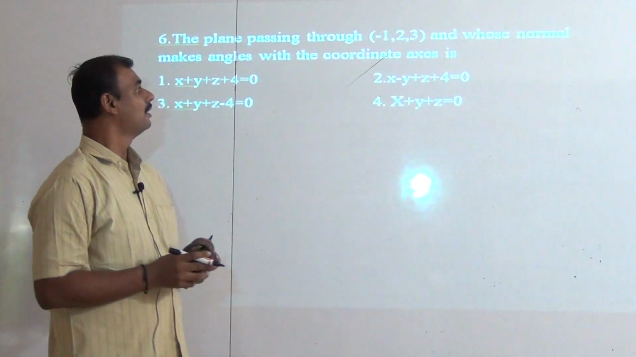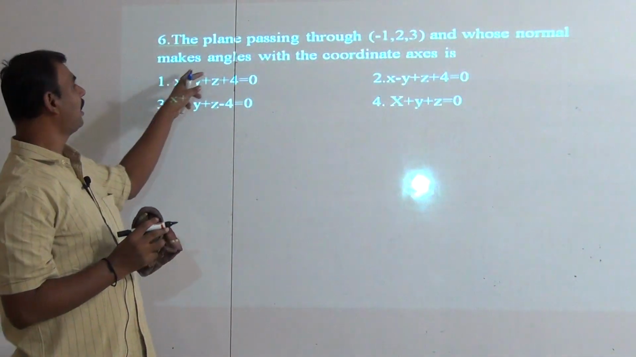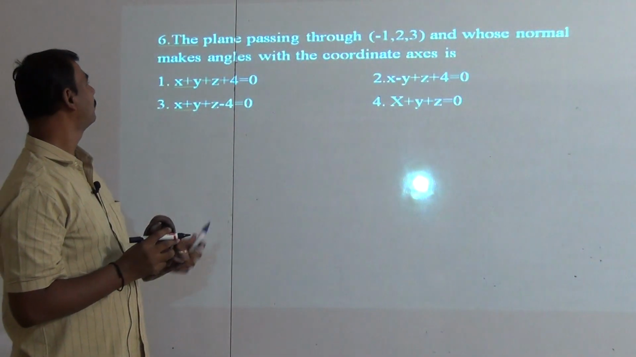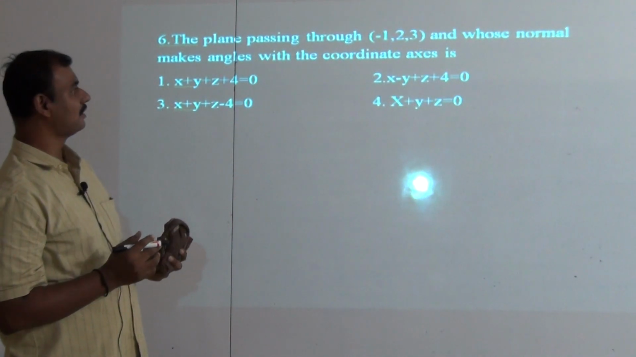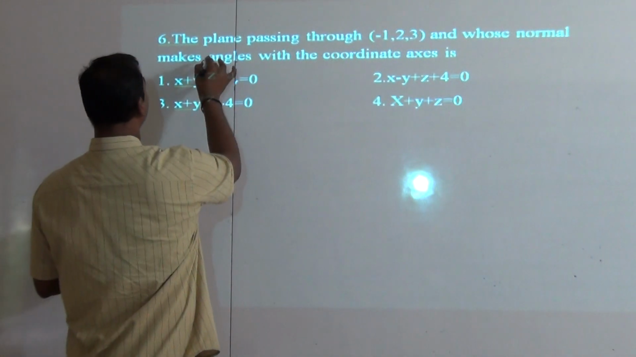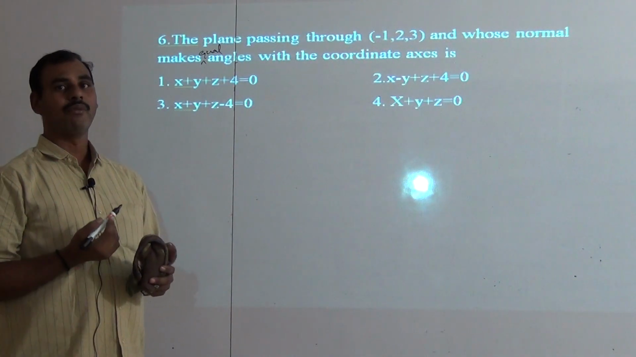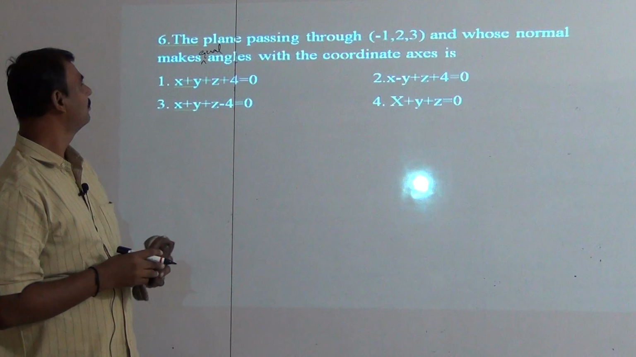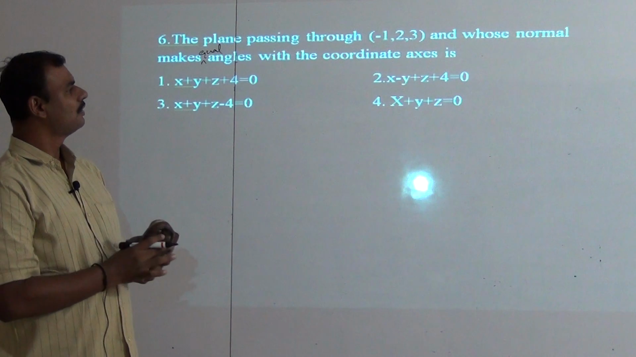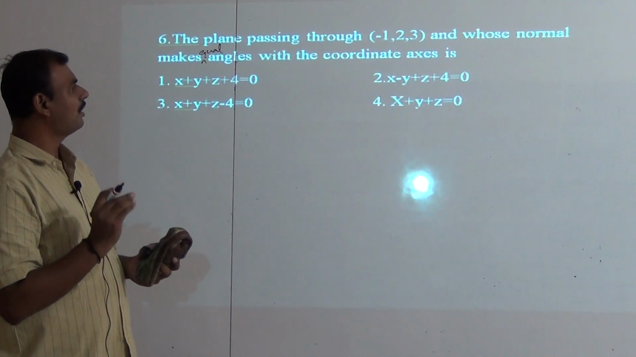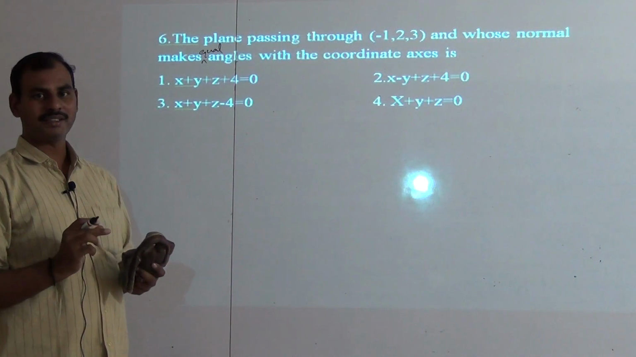Okay now friends, what is that? If any line makes equal angles with the coordinate axes, then what is the equation of the plane here? Whenever a condition like this is given, that a line makes equal angles with the coordinate axes,